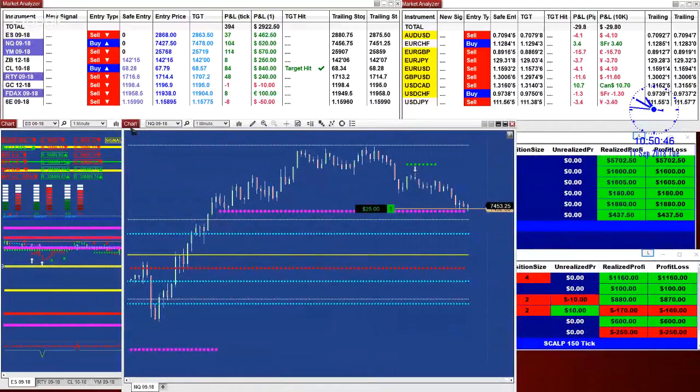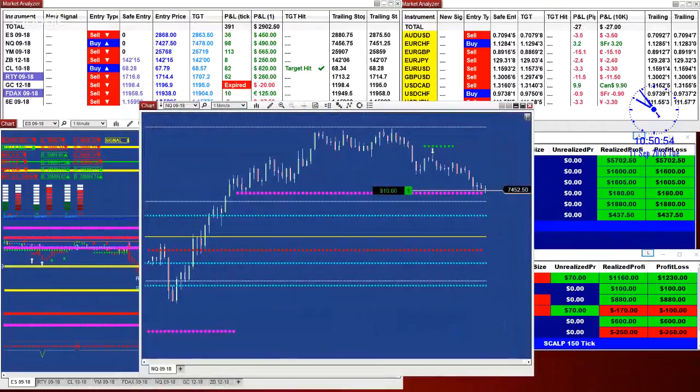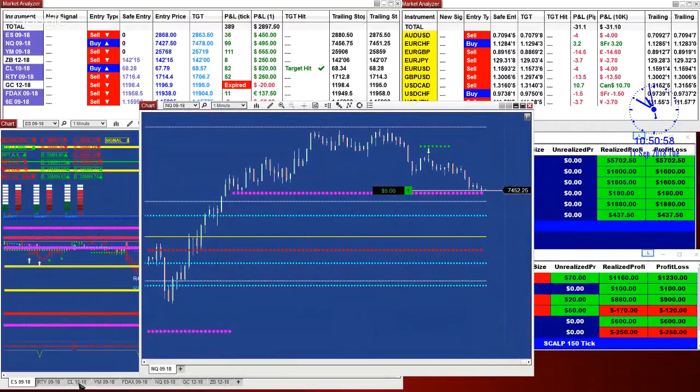I'm sorry, guys. My NT8 is giving me a hard time today. I've never seen so many problems come at one time with one platform. I'm trying to click at the bottom. I don't know if you see me, and I don't have any auto trades running except the price action.